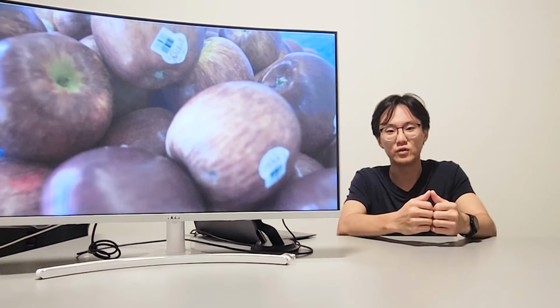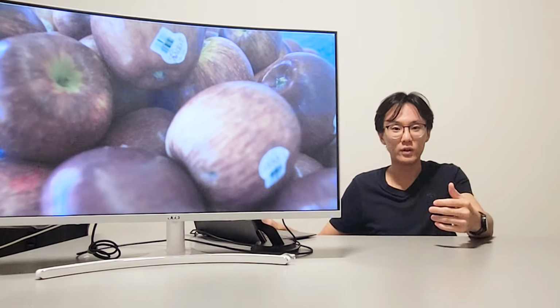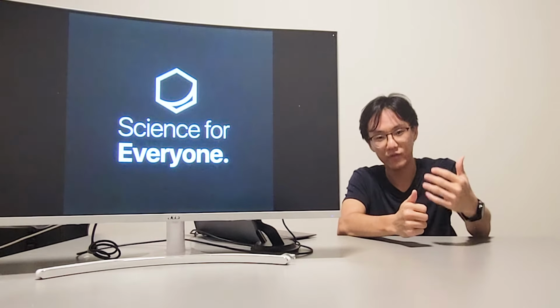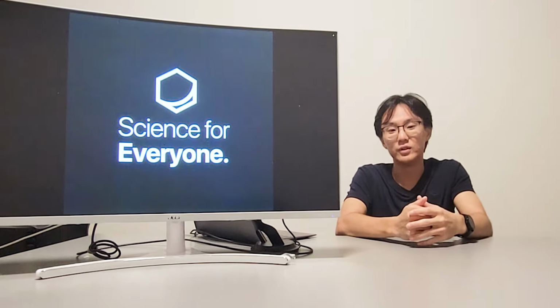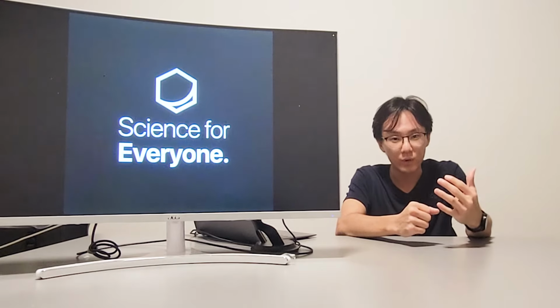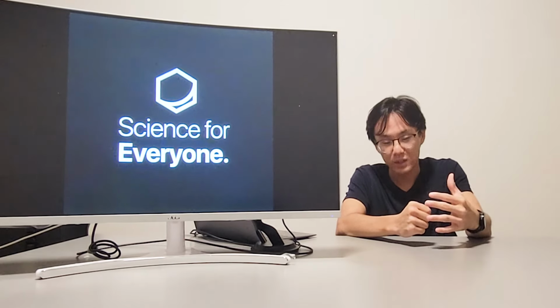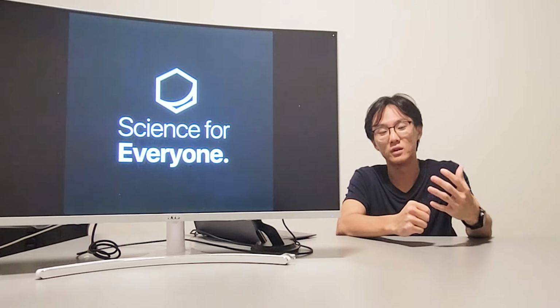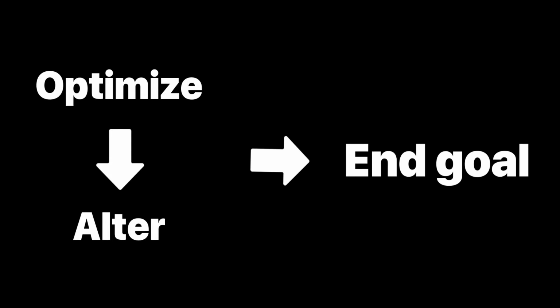There's another concerning trend as well, in that everyone wants all of their experiments to be perfect all of the time, and they have a fear of failure. But failure in experimentation is actually very valuable. It tells you where you went wrong, it tells you what you can fix, it tells you what changes to make to your protocol to perhaps get better results in the future, so that you can optimize, alter, and then get to your end goal.